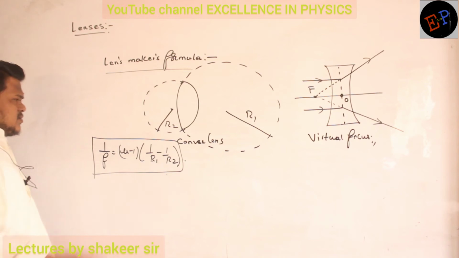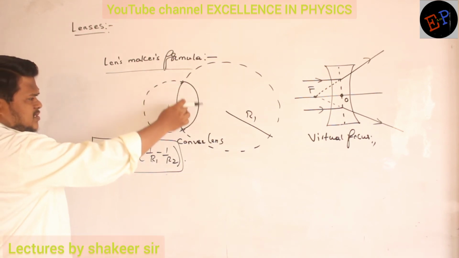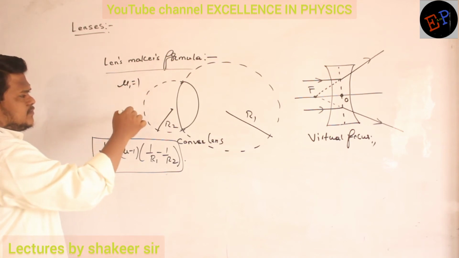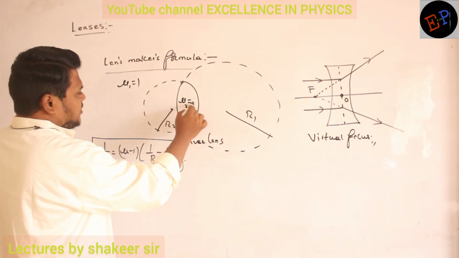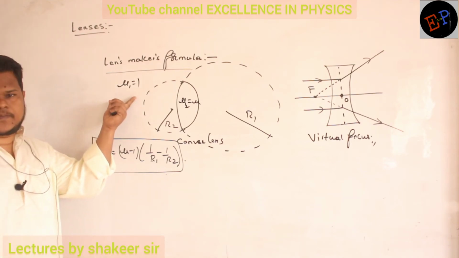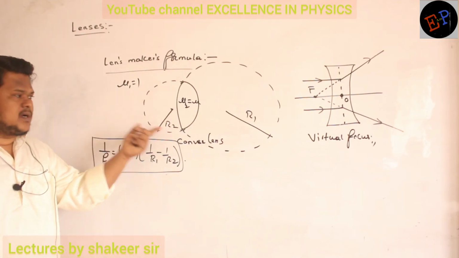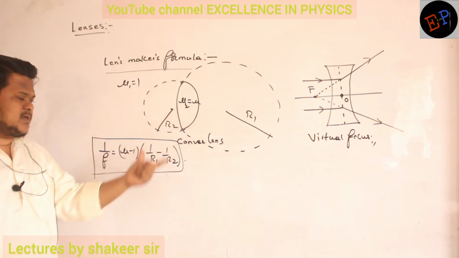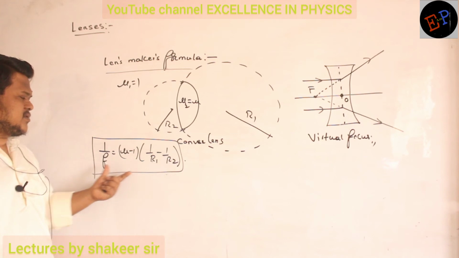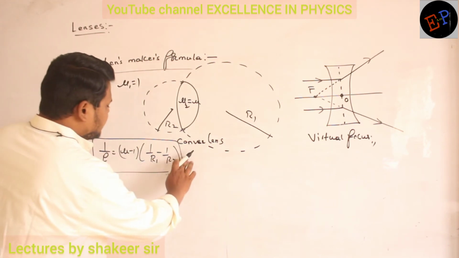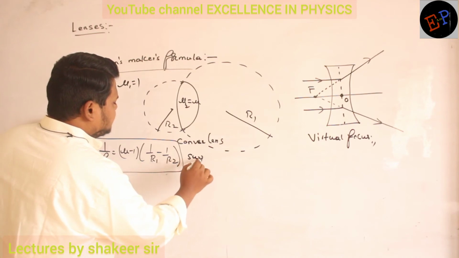So here this is glass and the surrounding of the glass is air. So mu 1 is 1. Clear? Mu 2 is mu here. Are you able to understand? Mu 1 is air, it is surrounded by air only. And mu 2, that is the refractive index of glass, is mu. So therefore I have used this formula: 1 by f is equal to (mu minus 1) into (1 by R1 minus 1 by R2). So here the surrounding medium